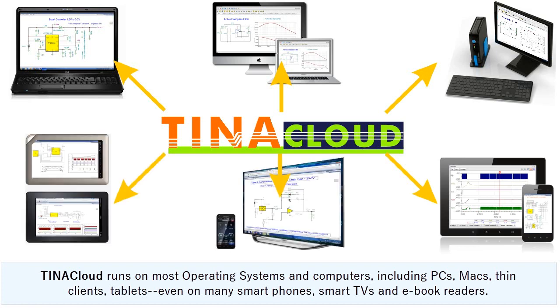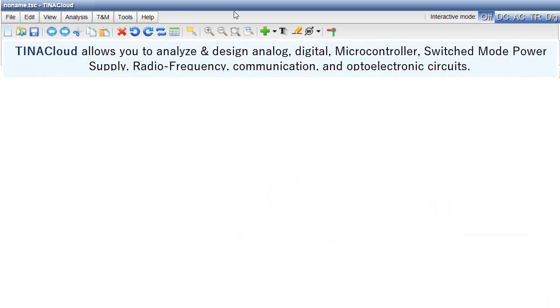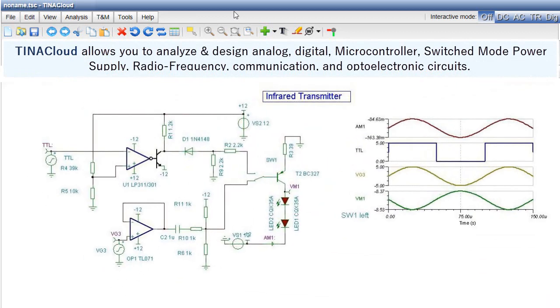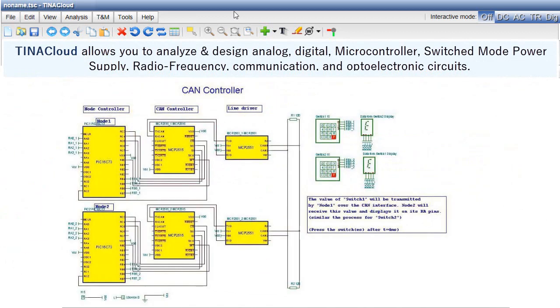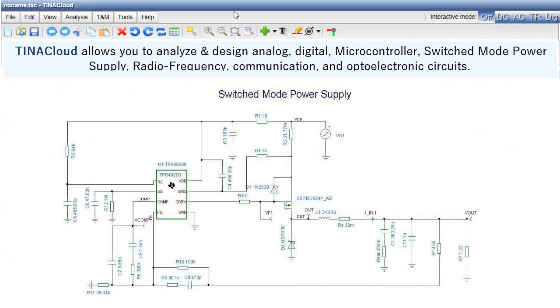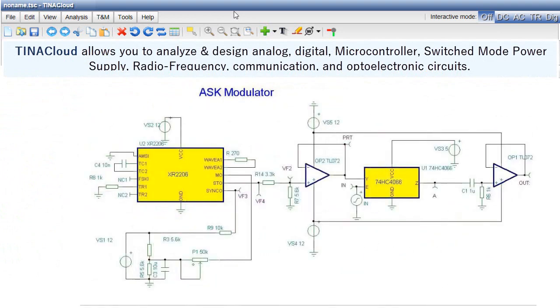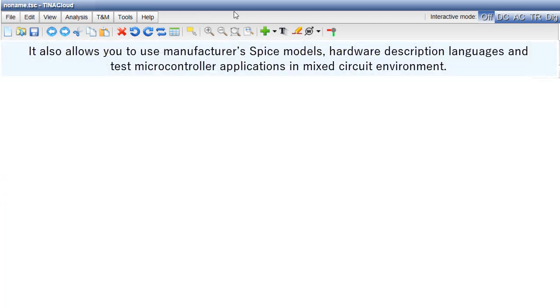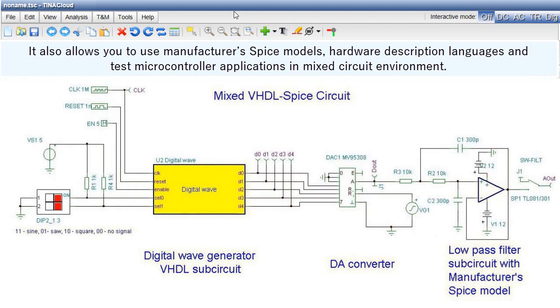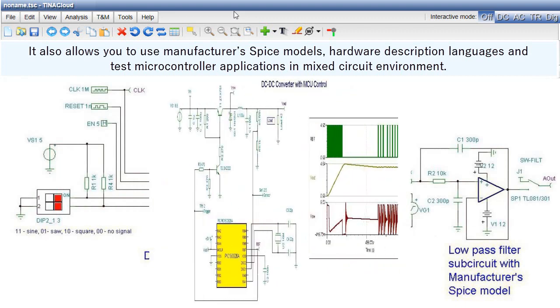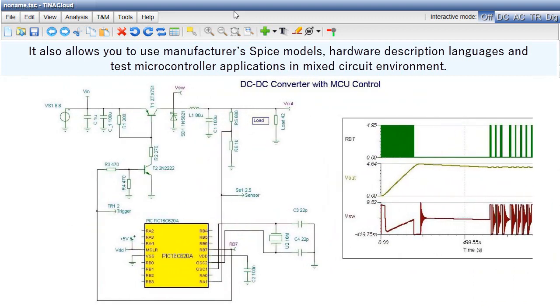TINACloud runs on most operating systems and computers, including PCs, Macs, thin clients, tablets, even on many smartphones, smart TVs, and e-book readers. TINACloud allows you to analyze and design analog, digital, microcontroller, switched mode power supply, radio frequency, communication, and optoelectronic circuits. It also allows you to use manufacturers' SPICE models, hardware description languages, and test microcontroller applications in